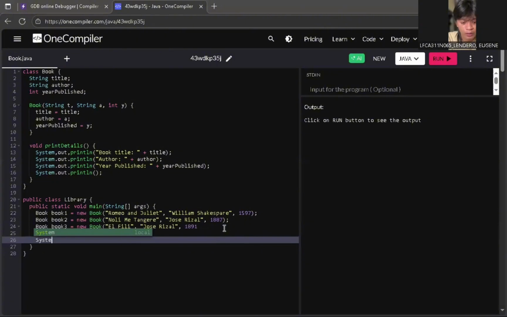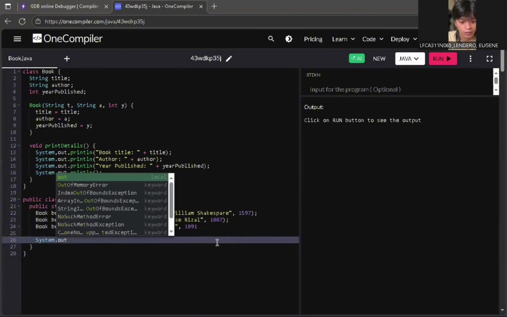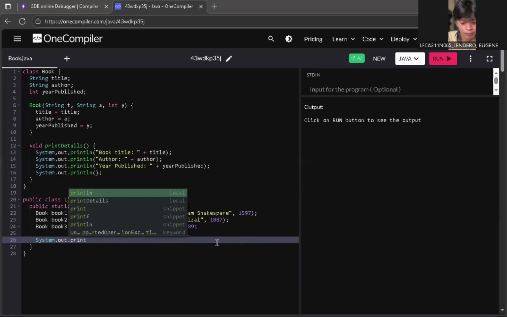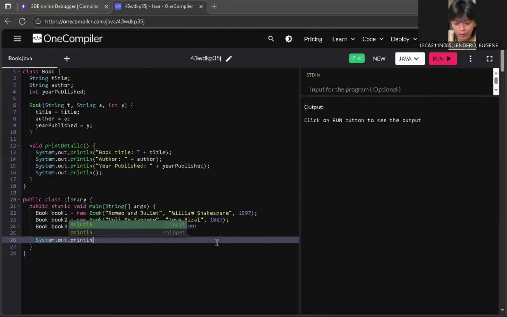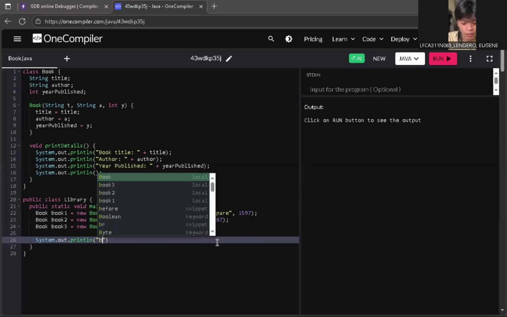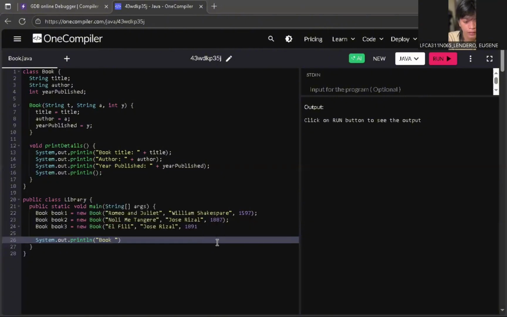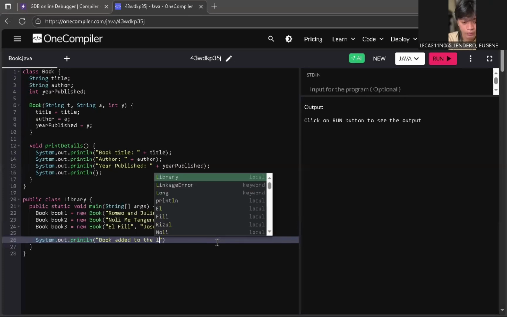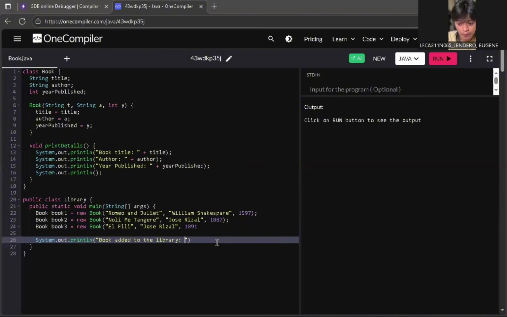Print ln, parentheses, then quote and quote, then let's input Book added to the library, colon, plus sign book1.title, semicolon.